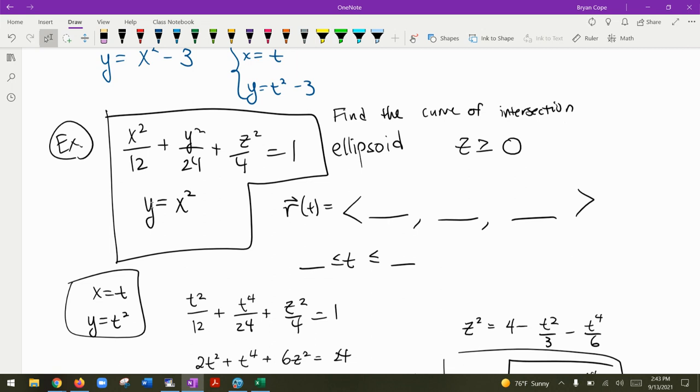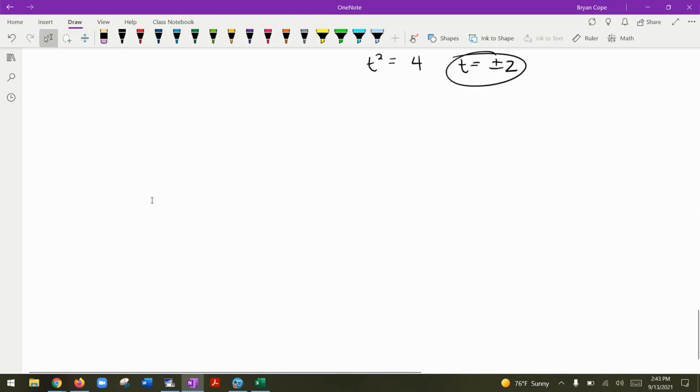I'm going to guide it through for the people who weren't here. Okay, so here we go. We'll do one more of these intersection problems. All right, so I want you to find the vector equation, or sorry, not equation, vector function. Find the vector function for the curve of intersection